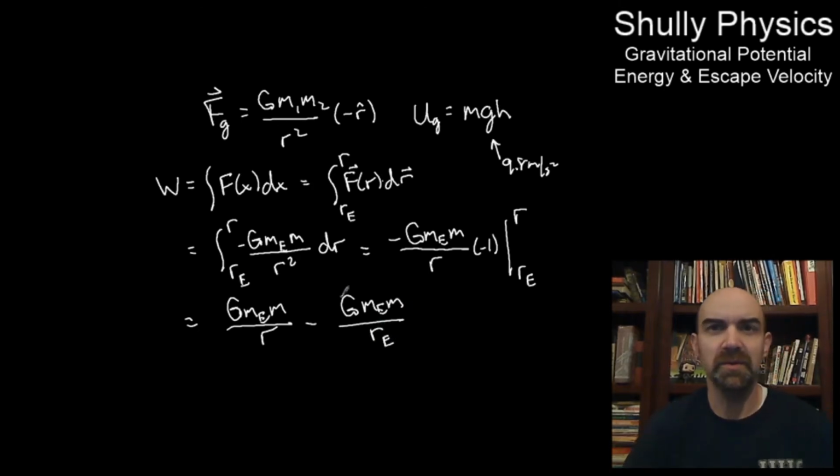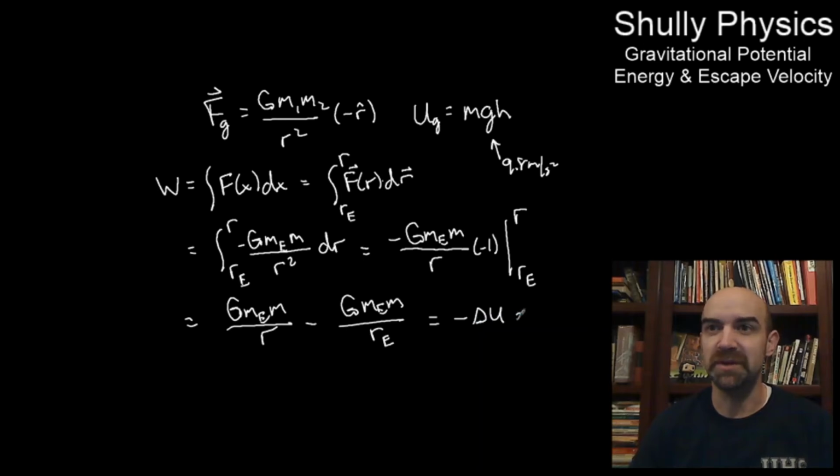Okay, and what do we see here? Well, the radius of the Earth is less than the r value here, so you'll notice that there's kind of a change. This is going to be a negative change because when you divide by a smaller number, you get a bigger value. That's where I was going with that. So here again, we see that work, if we relate that to potential energy, being a negative change in potential energy,